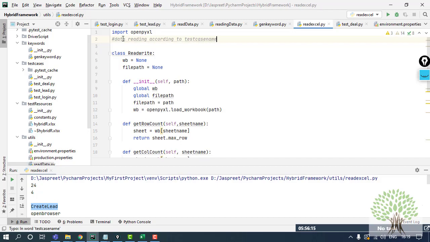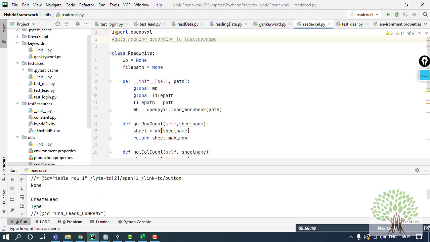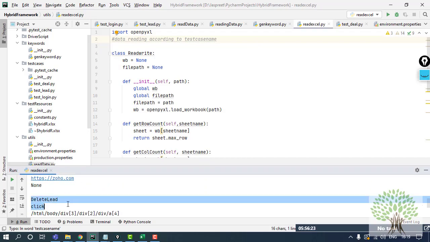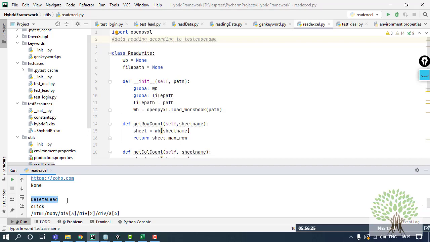So that if I give only a single test case name, only that data comes up, not the whole data in the sheet, because I'm getting delete lead data as well, which I don't require right now, right? So this is the first thing that I need to do in my hybrid framework.